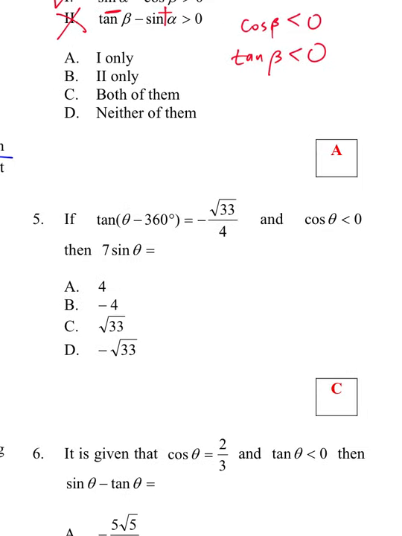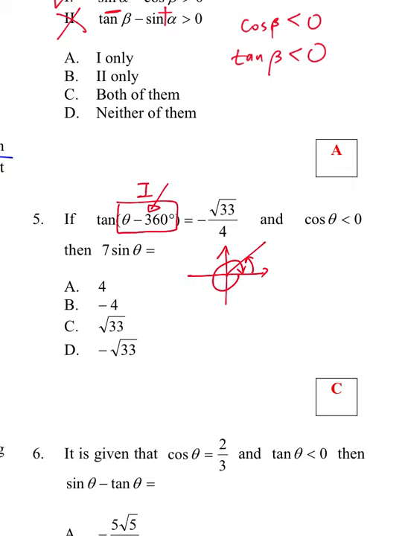Now, let's move on to question 5. You can see that we have an angle of rotation within tangent, and therefore, you need to simplify tangent of theta minus 360 degrees before we start. What is negative 360 degrees? It means that you rotate clockwise, and then you add theta, so the result will be within quadrant 1. Since this is a quadrant 1 angle of rotation,